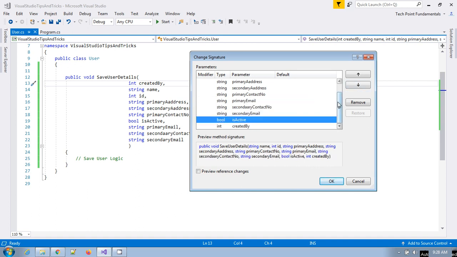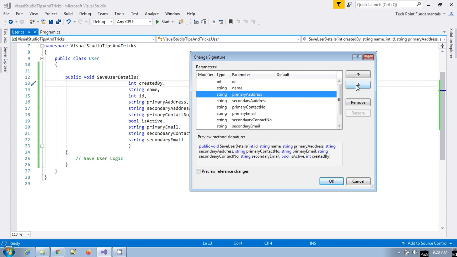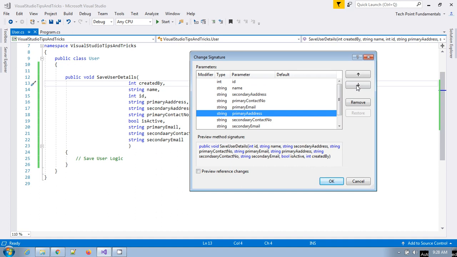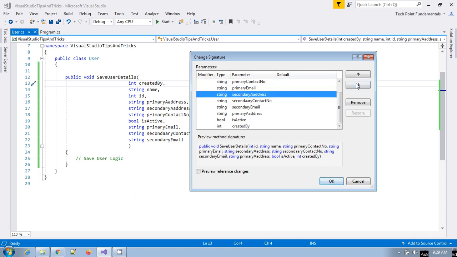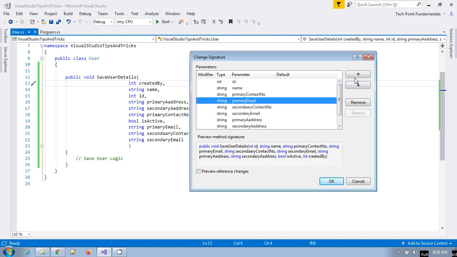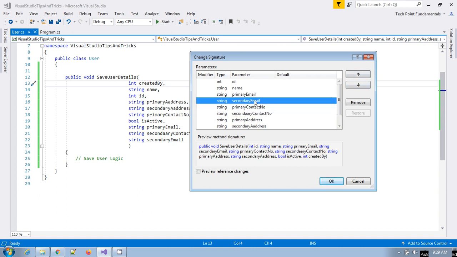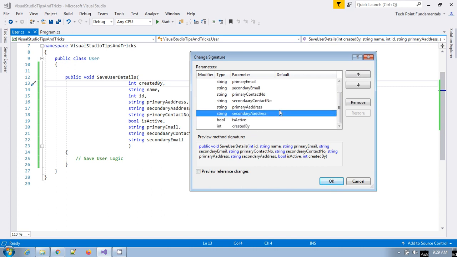and I just want this ID to be first, then name, then secondary address will be, maybe we can make this after contact number, and the secondary address after this primary address, and email we can move it up, and the secondary email we can move it after this primary email, and the primary contact number, secondary contact number, primary address, secondary address.